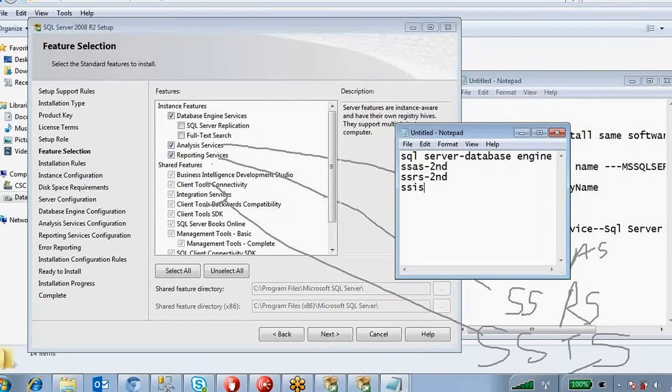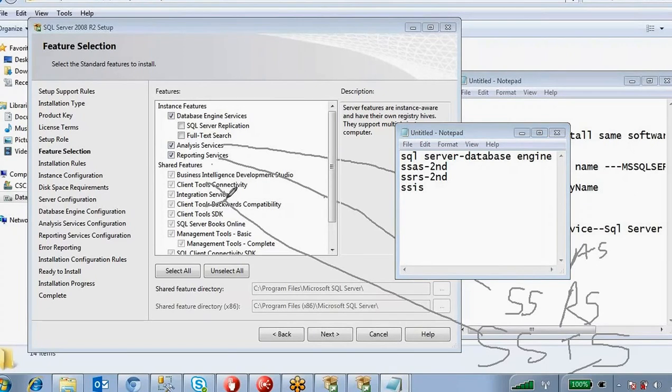Got it? SSRS you can install 32 times, SSAS you can install 32 times, SQL Server database engine you can install 32 times. SSIS Integration Services is always one time and it is shared. All the 32 instances, all the 32 software installations can use the Integration Services.